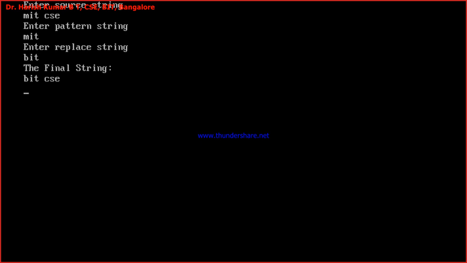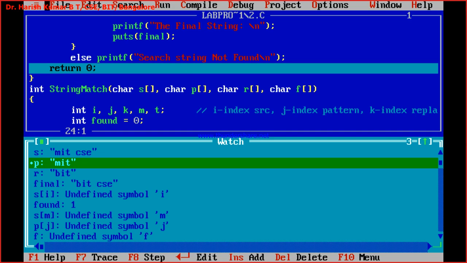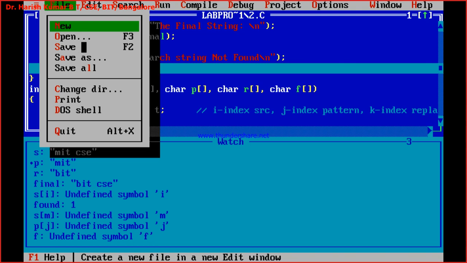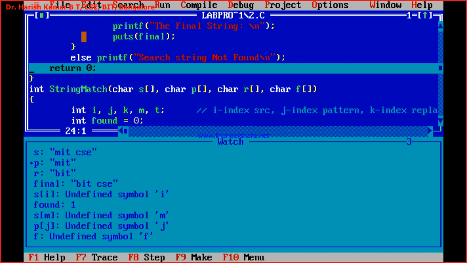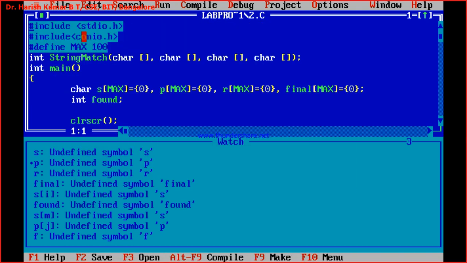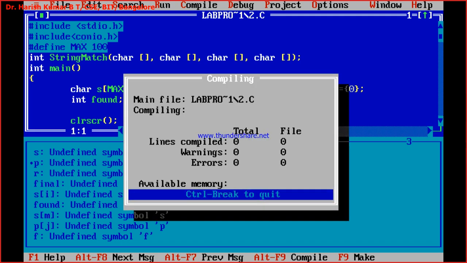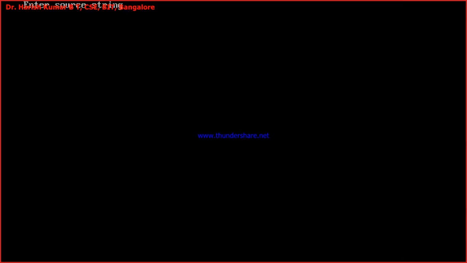Yes, sir. Yeah. Now I'll just take one more example and run it. I won't debug the program. Okay. I'll compile it directly. Control F9. So enter the string. Temple run is boring. Now I want to change this temple run is boring to temple